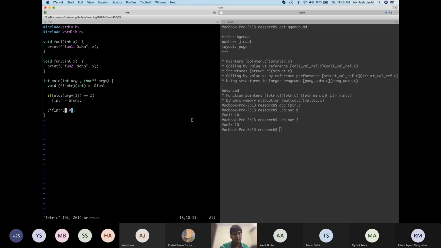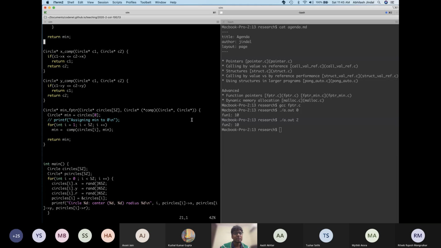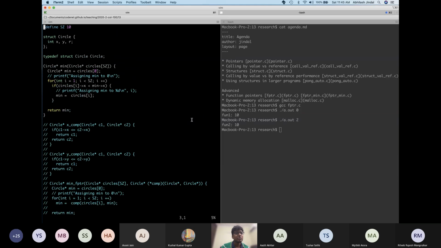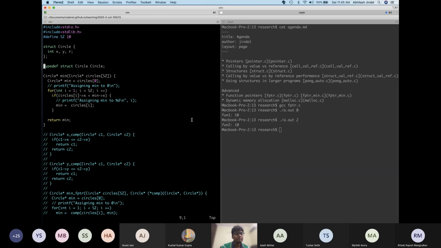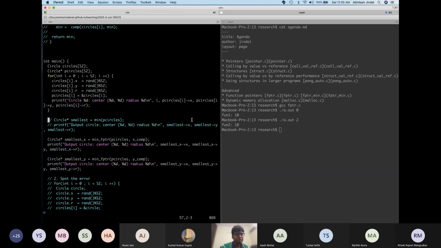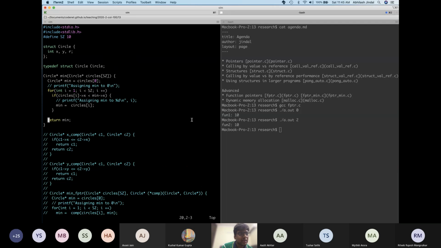So let's look at a more interesting example. So this is like the basic what function pointer is. So let's look at another example with function pointers. So here, okay, so let's say I want to find, let's say I have a bunch of circles, and let me